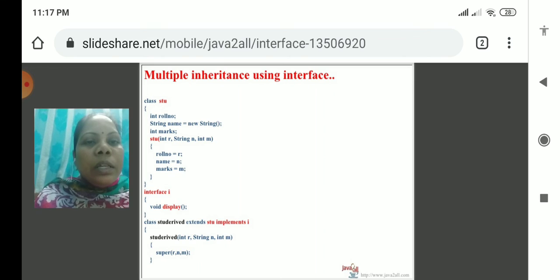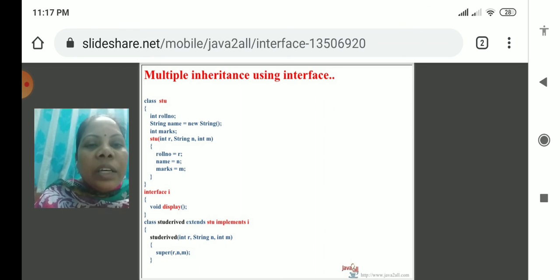So multiple inheritance using interfaces means we are taking the interfaces wherever we want, and at that location we can declare them.